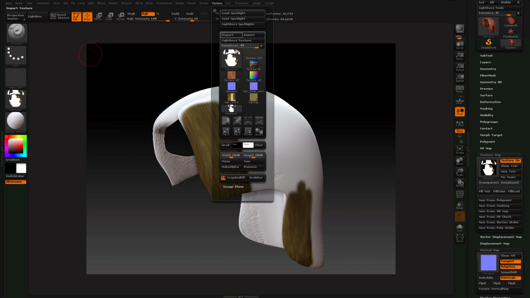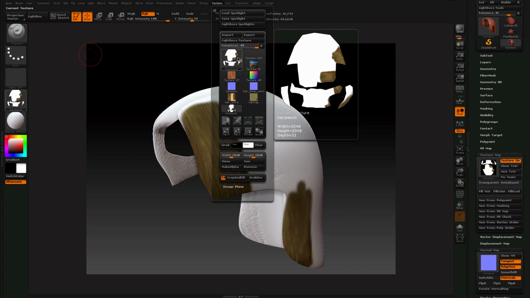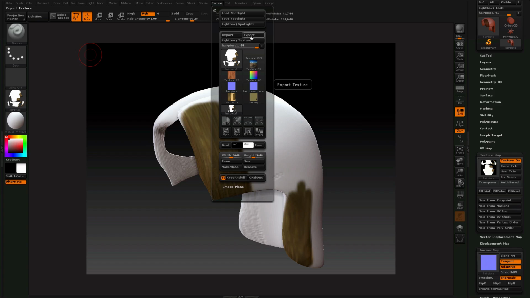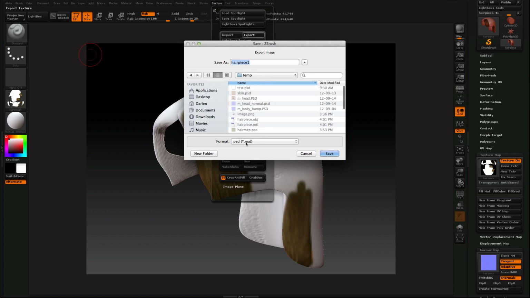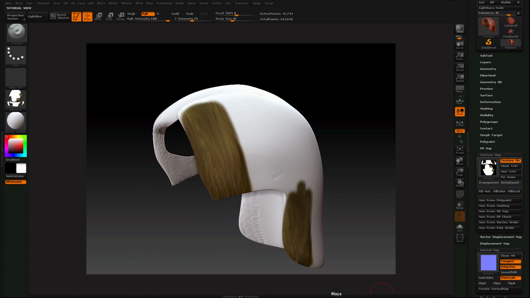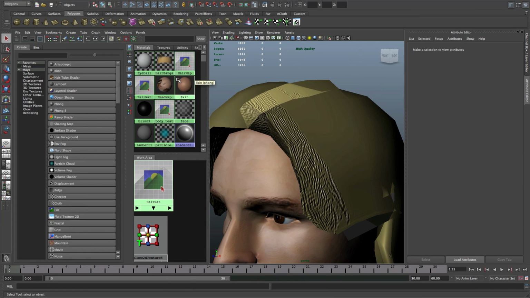Then go to texture, make sure it's selected, and flip it vertical, because remember, ZBrush for some reason decides to do it vertically, and just export it. It's going to come out as a PSD, I suppose. And just press hairpiece. And now in Maya, we can go to our hair mat that we created earlier,